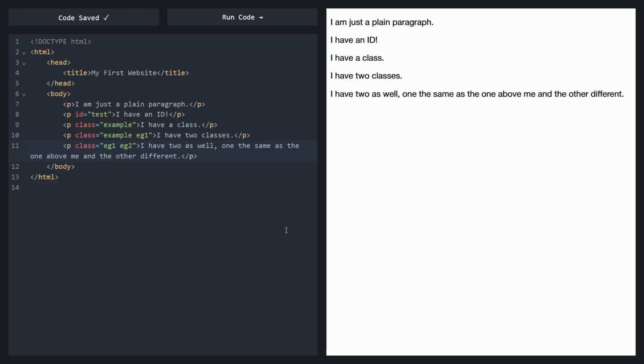So here, as you can see, I've already set up a couple of elements here that we're going to modify with JavaScript. So we can create our script tag to hold our JavaScript code. And the first way of selecting an element on the document is by its ID, like this paragraph with this test ID, for example. The way we do that is by making use of